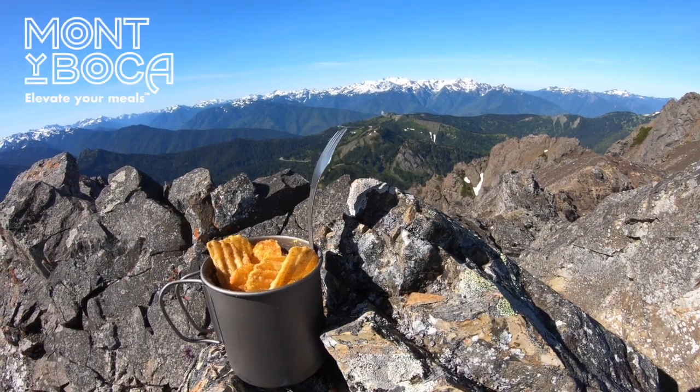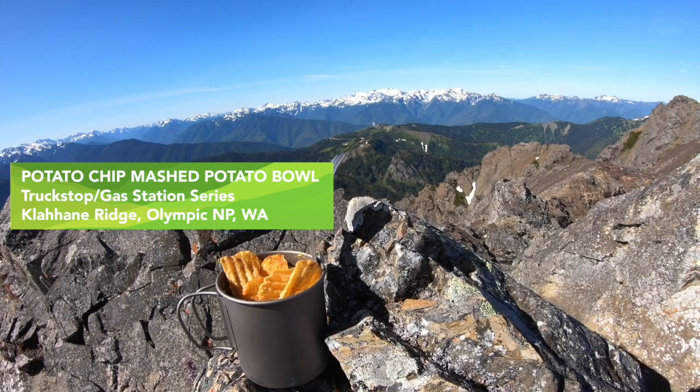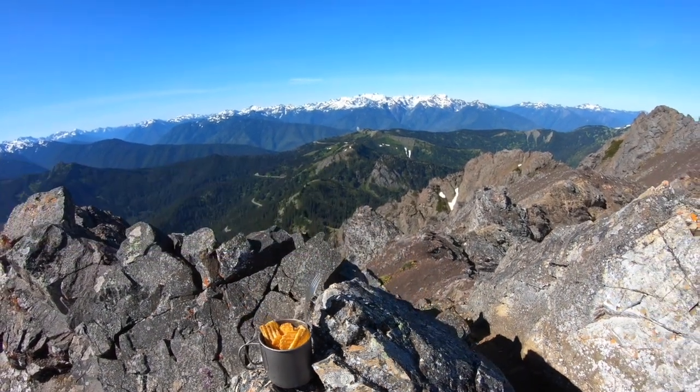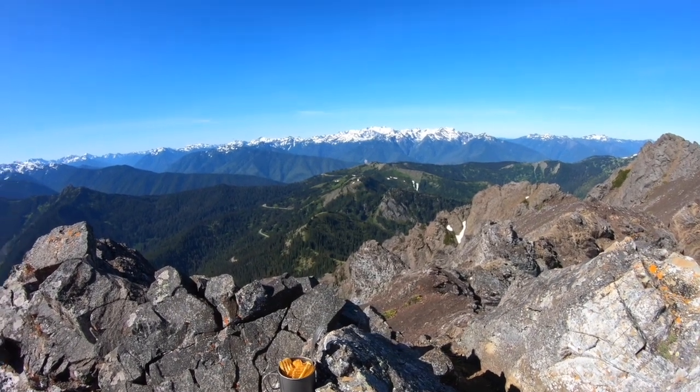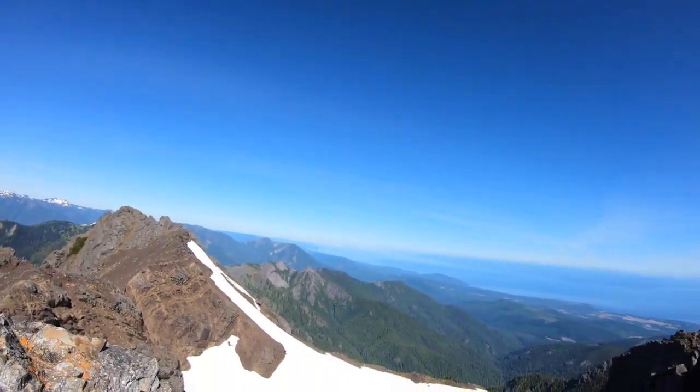This is Potato Chip Mashed Potato Bowl, part of our truck stop gas station series, recipes focused on a bag of chips. And we are here on the Klahani Range in the Olympic National Park. I'm Chef Corso from Monte Boca, and this is my 360 pano view today,